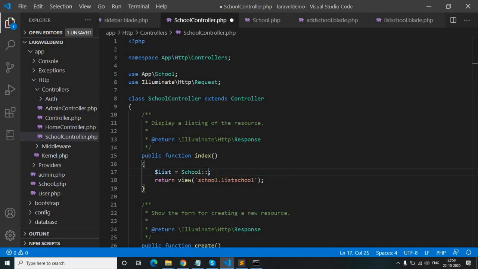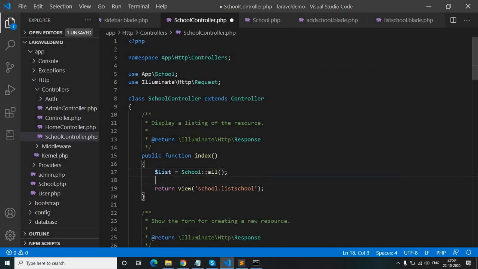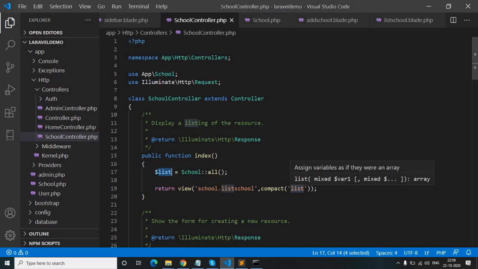We have to get all records, so we will use the all function and pass this list to the view. Here we will use compact and pass the list variable. Here you can see $list, and here without $list. So we have to use the same variable without the dollar sign inside the compact function.